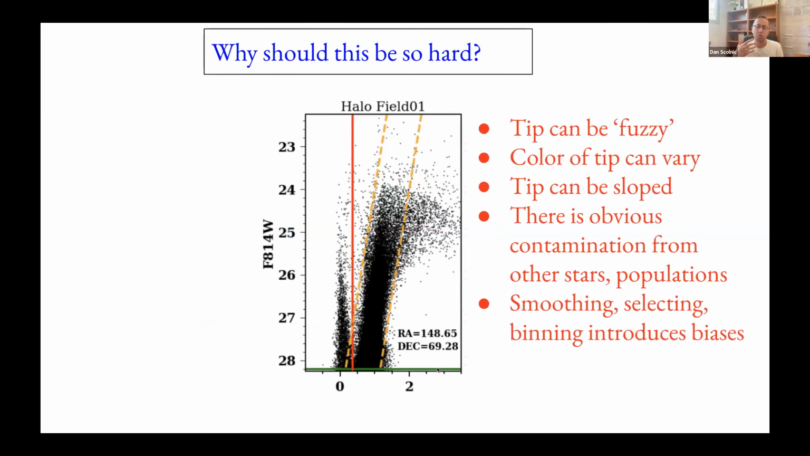All right, so why should this be so hard? This is what's called a color magnitude diagram. This is color on the x-axis here, and then brightness on the y-axis. And you could see that